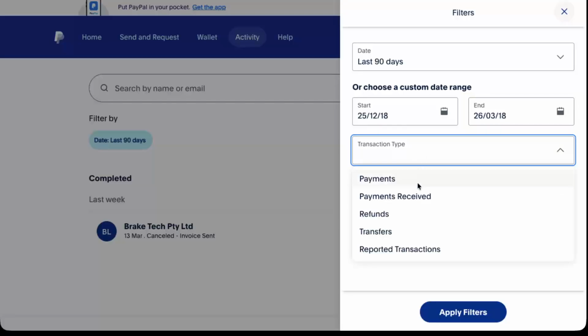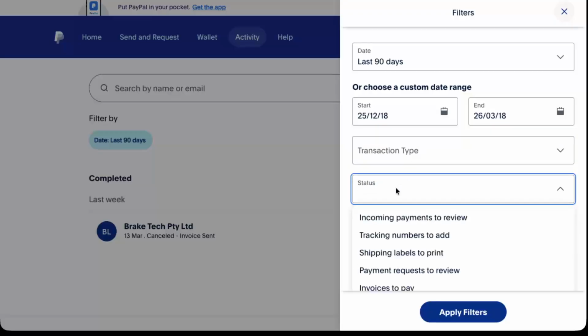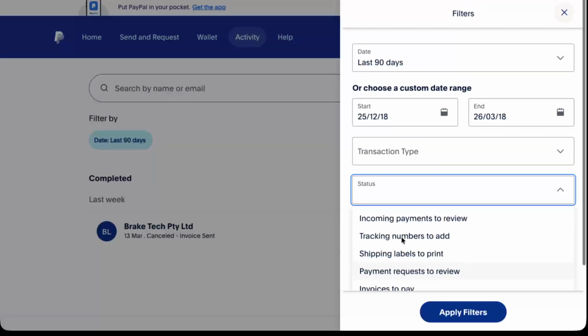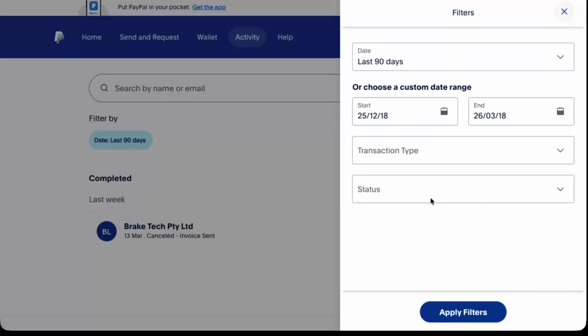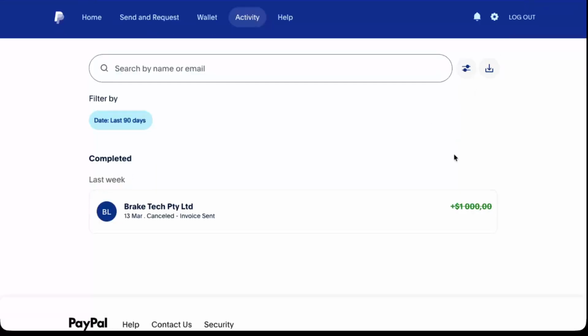Below that, there's a drop-down for transaction type, where you can limit the results to things like payments sent, payments received, refunds, or transfers. There's also a status drop-down that lets you show only completed, pending, or other specific statuses. Once you've selected your dates, types, and statuses, apply the filters, and PayPal will show you only the transactions that match. From there, you can click on any individual entry to view all the details,